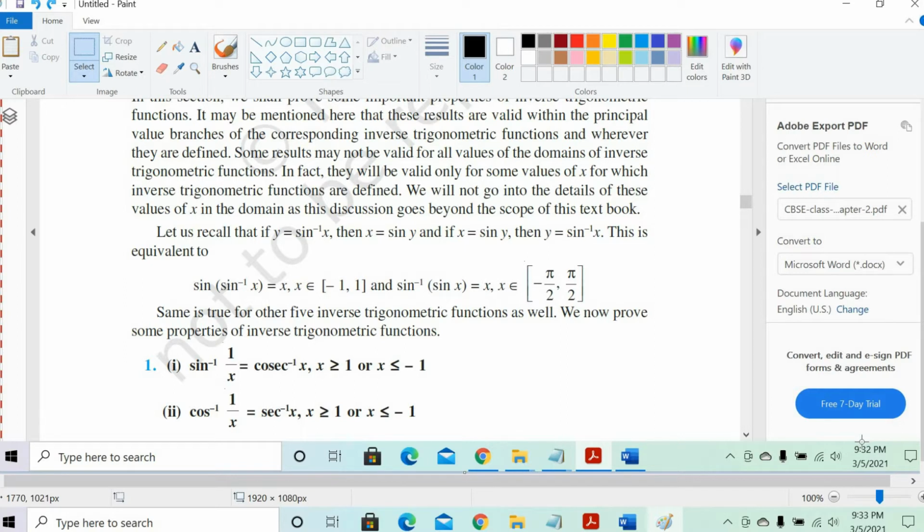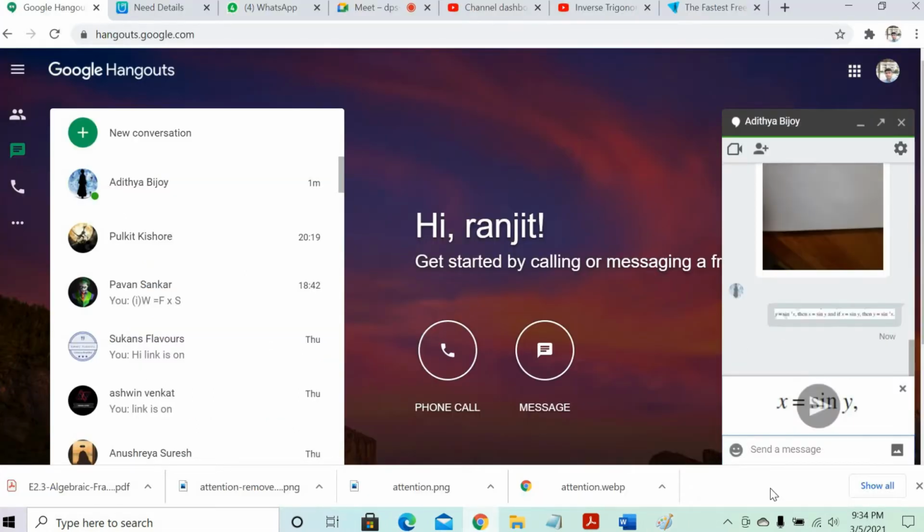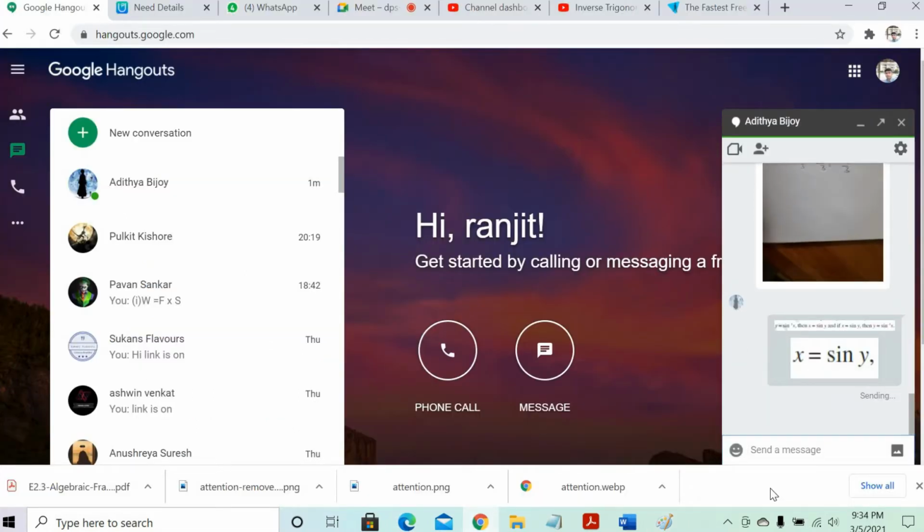Correct? Now, how do we write it like this? Let's try to understand that. Now look at this part, Vijay. So sine y is there, isn't it? So x is equal to sine y, right? Now in the place of y in sine y, we can write sine inverse x. So sine of sine inverse x. Okay, let's see this part now. We'll try to substitute the y value. Y is nothing but sine inverse x. So x is nothing but sine y, and y is nothing but sine inverse x.